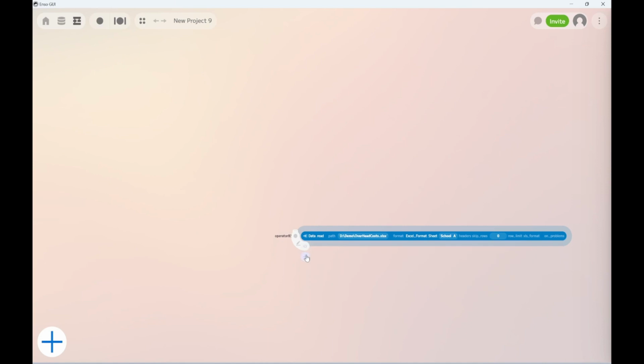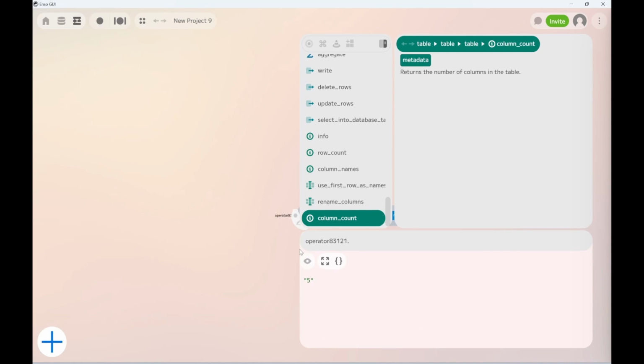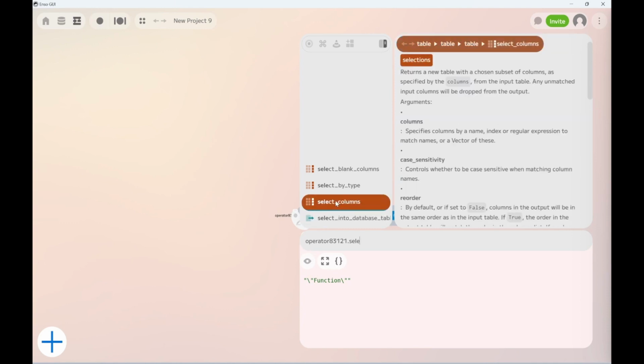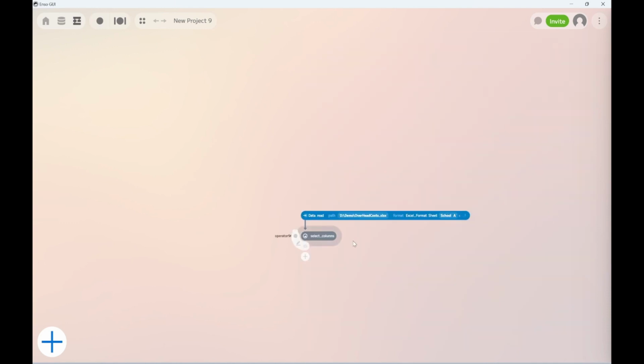To add a new component onto the canvas, I can now click this plus icon, which will automatically connect it to my prior node and make it a lot easier for me to work through creating new nodes and following a chain of logic. Here I'll use select columns,